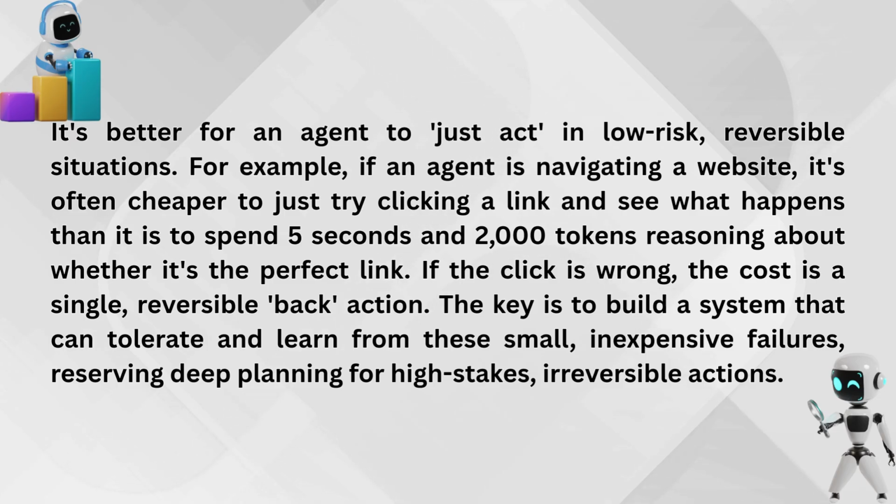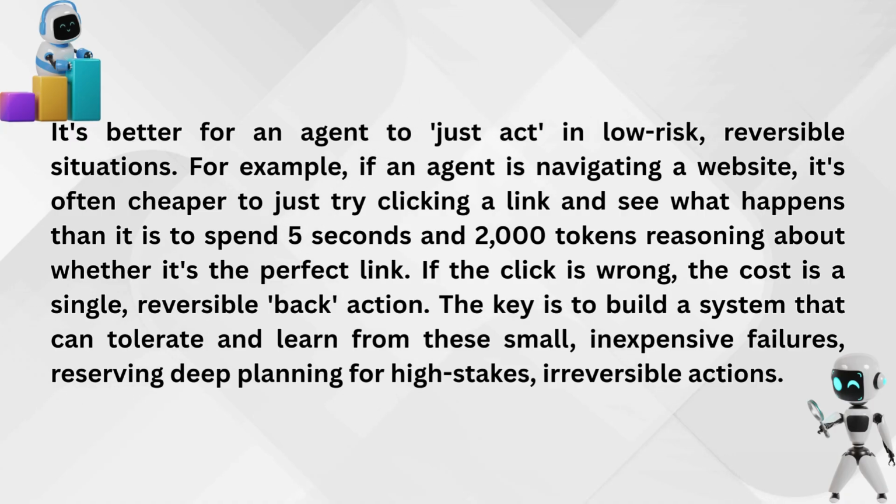For example, if an agent is navigating a website, it's often cheaper to just try clicking a link and see what happens than it is to spend 5 seconds and 2,000 tokens reasoning about whether it's the perfect link. If the click is wrong, the cost is a single, reversible back action. The key is to build a system that can tolerate and learn from these small, inexpensive failures, reserving deep planning